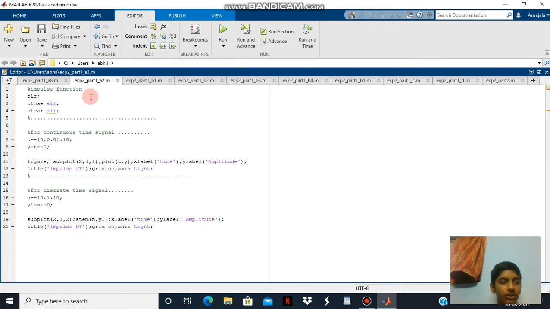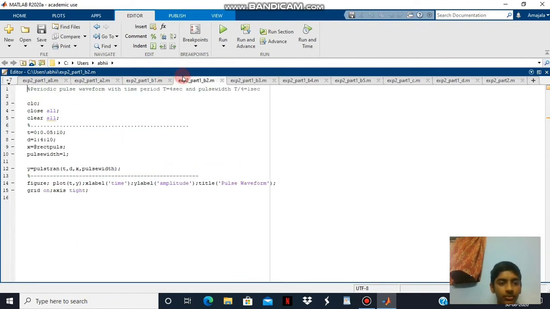So now for the pulse waveform, again I have used an inbuilt function. I have considered four variables: time, d, here d represents the time period, the increment, this represents the axis, this represents the type of pulse, and this is the pulse width. So when I run this program,